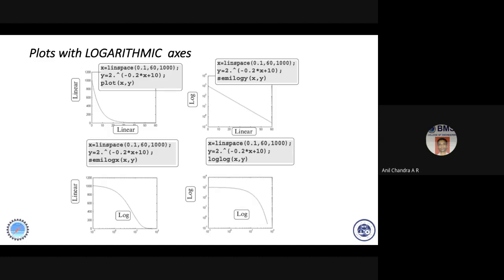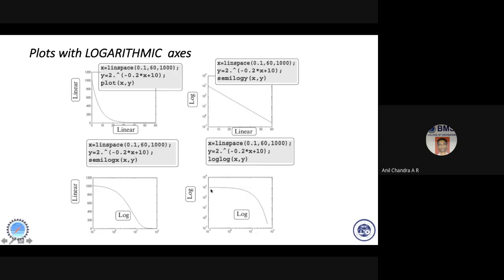I'll give you a minute if you want to try it out, or probably you take a snapshot and try it out. Semilogy, semilogx, loglog. Very simple: semilogy, semilogx, loglog.